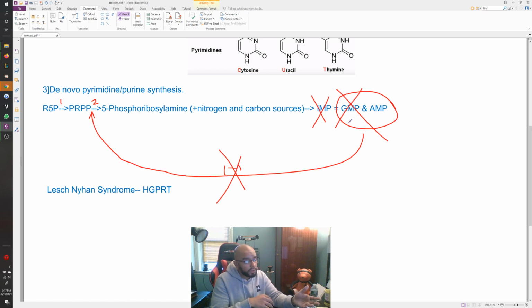You can even start seeing symptoms while they're under age 1 year, because the R stands for the red-orange crystals that you might see in their urine. Now that's usually a giveaway. STEP may not even mention it, because if they mention hyperuricemia and red-orange crystals in a 9-month-old kid's diaper, then you're simply going to pick Lesch-Nyhan syndrome. Or they could be assholes to you and tell you there's a red-orange crystal, and then